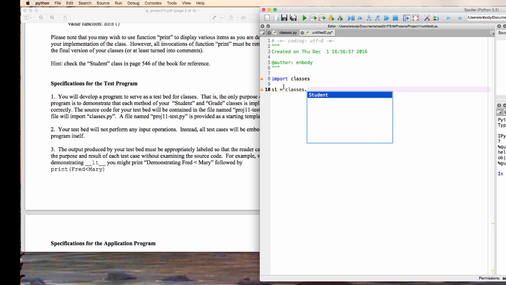So in classes, we're going to import classes. We have student, and takes as arguments Joe Smith, and we'll give them some sort of an ID. Now I can print that,